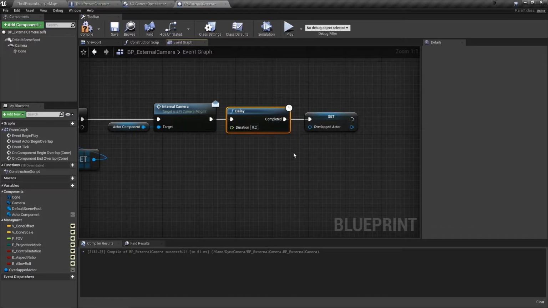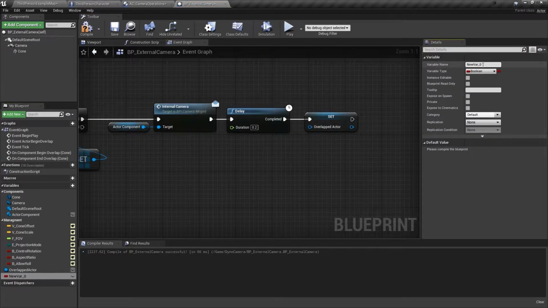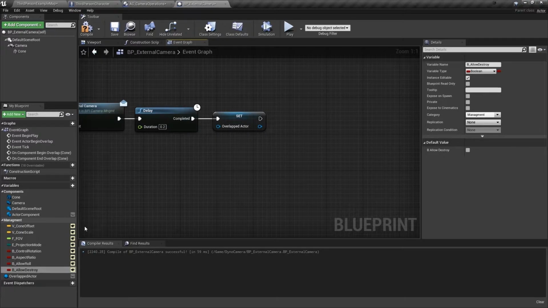Also, let's complete this by adding an extra option. We'll call this B allow destroy, and we'll leave it off by default. We'll expose it and we'll paste it into the management section. We'll get,